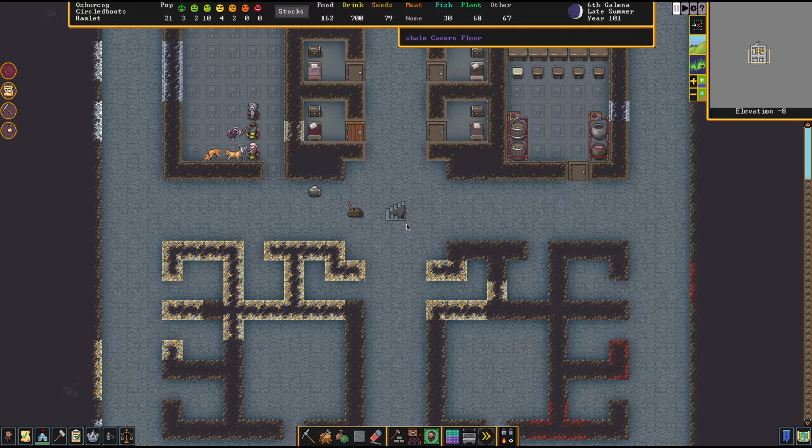Hello and welcome to my tutorial for steel production in Dwarf Fortress. I'm Icon, and in this one I'm going to summarize everything you need to know to produce steel in this